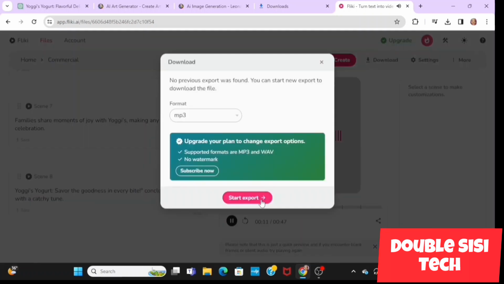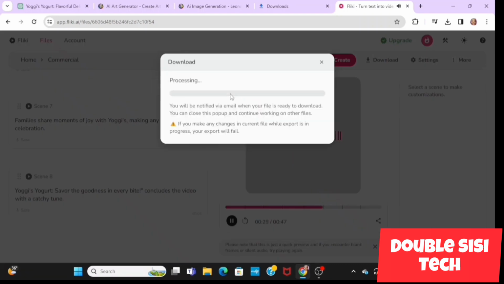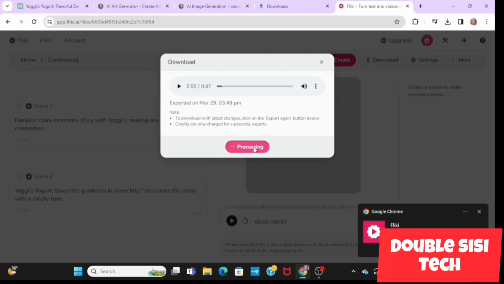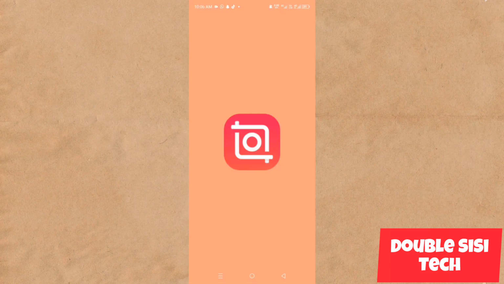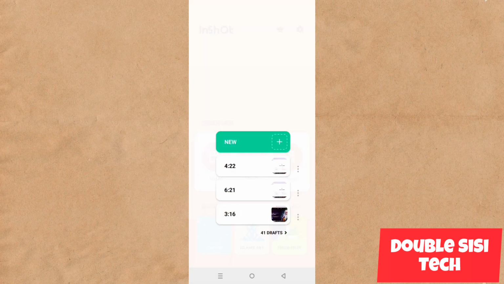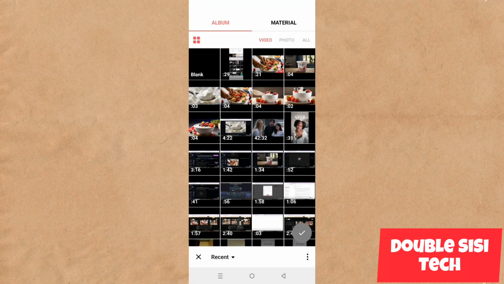You can now click on the download button, then click on start exports and wait for it to process your audio. Once it's done processing your audio, just click on download file, and now you have downloaded the audio for your commercial. Then the next thing I'll need you to do is go to any app of your choice for video editing